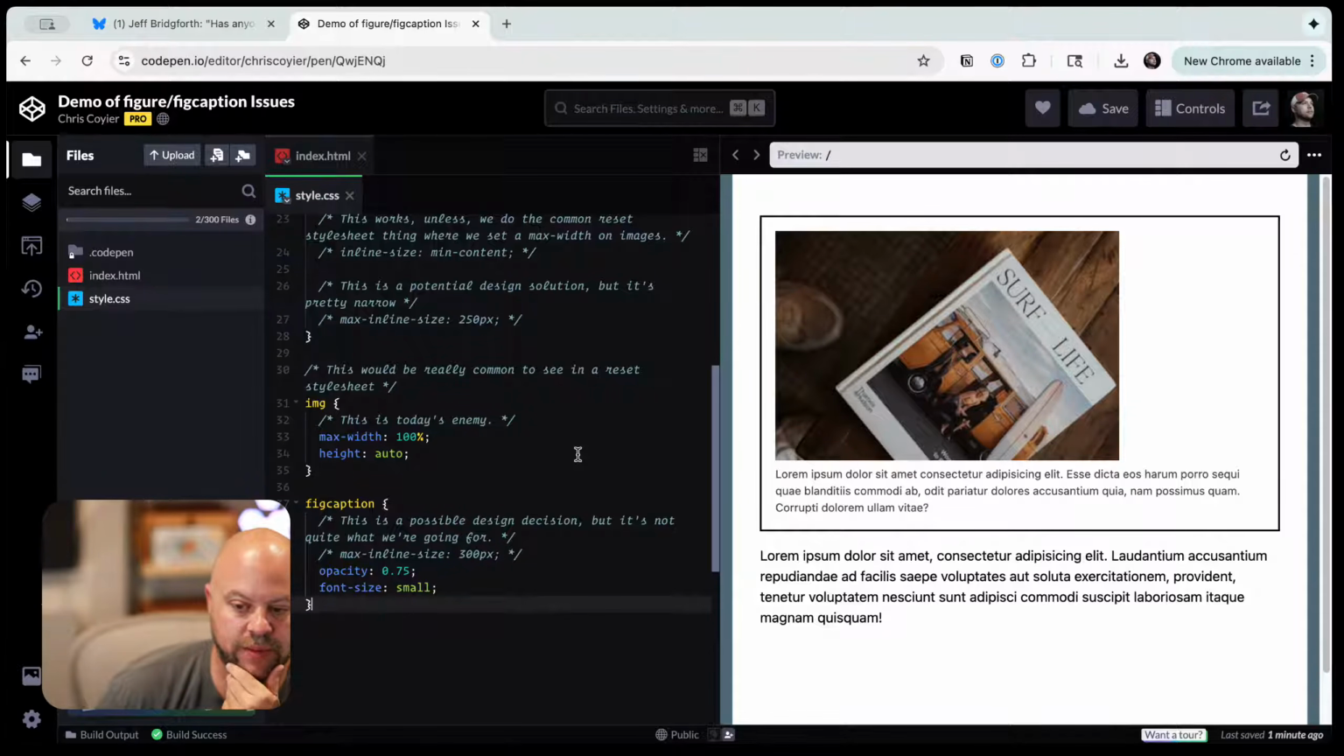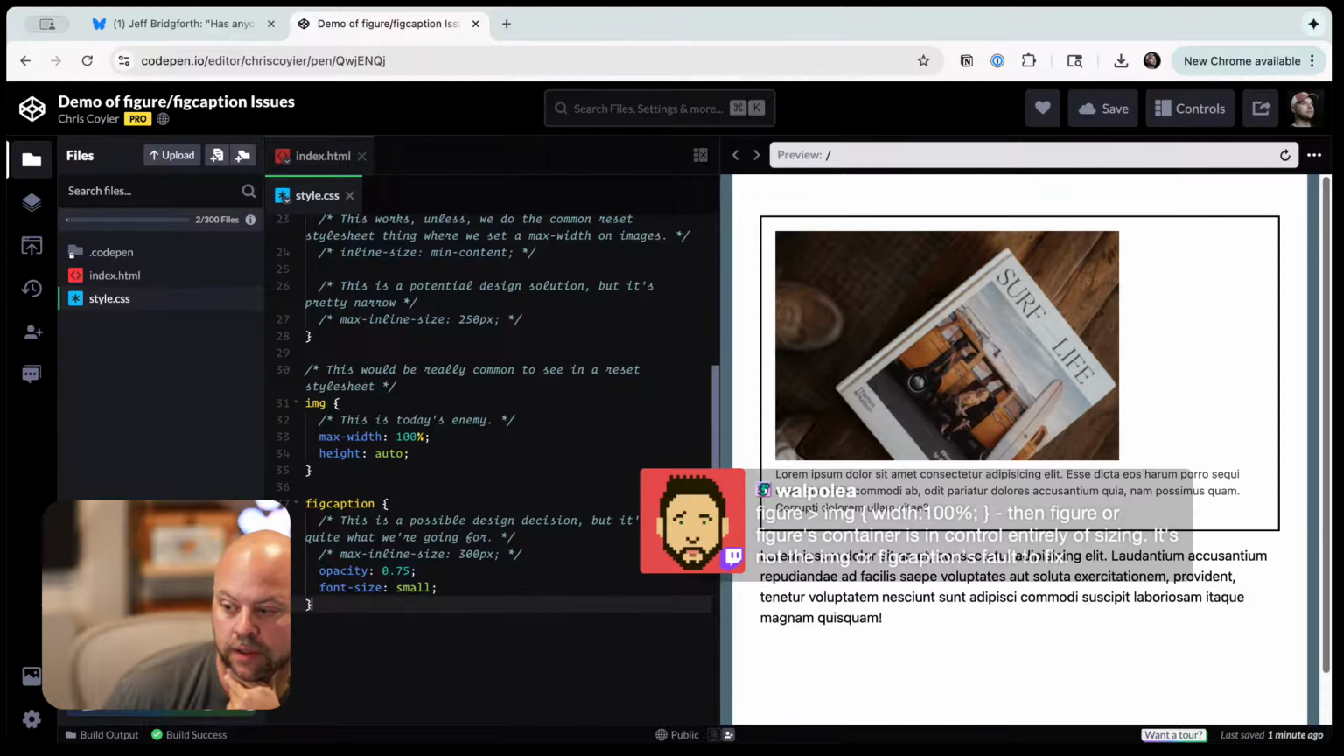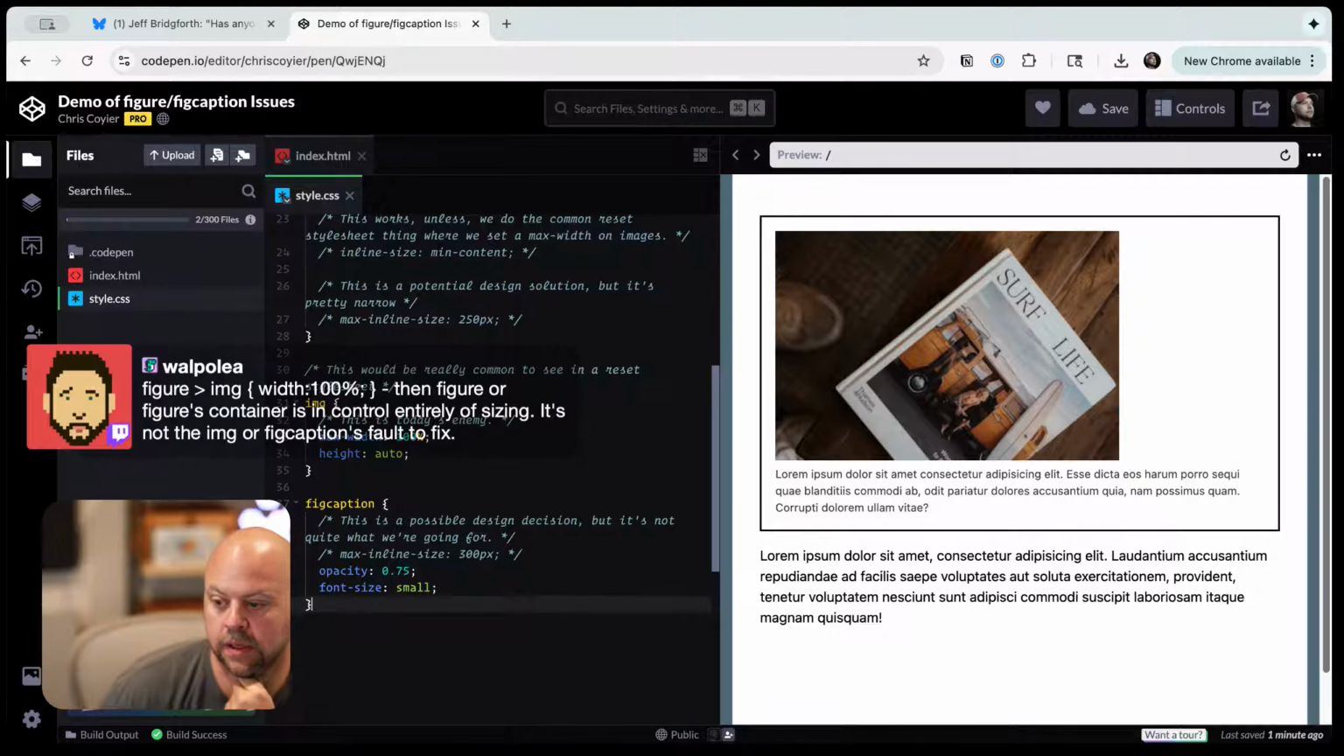You could force the image to be 100% width, which would be the width of the figure then, which is maybe better than max width. Then figure or figure's container is in control entirely of the sizing. It's not the image or image's fault to fix, right? So you'd have,